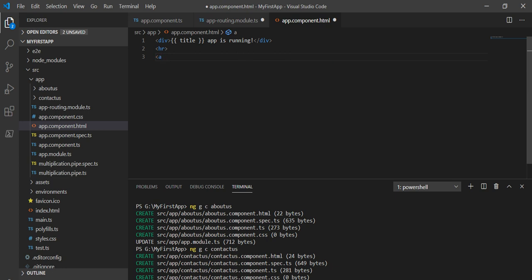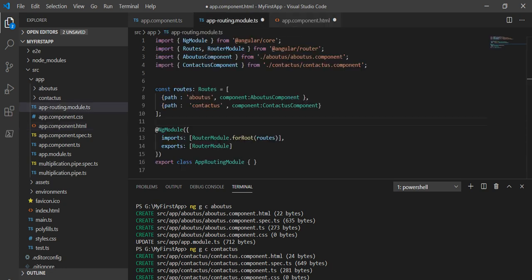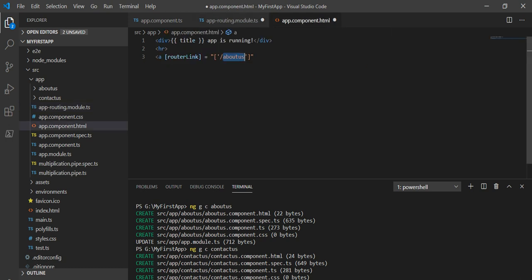As I told you the syntax, in square brackets we write routerLink, with the L capital, and we assign the path in double quotes, and inside, in single quotes, slash and about-us. This name should match the name which we have given in the app-routing.module. These names should match, otherwise it won't work.